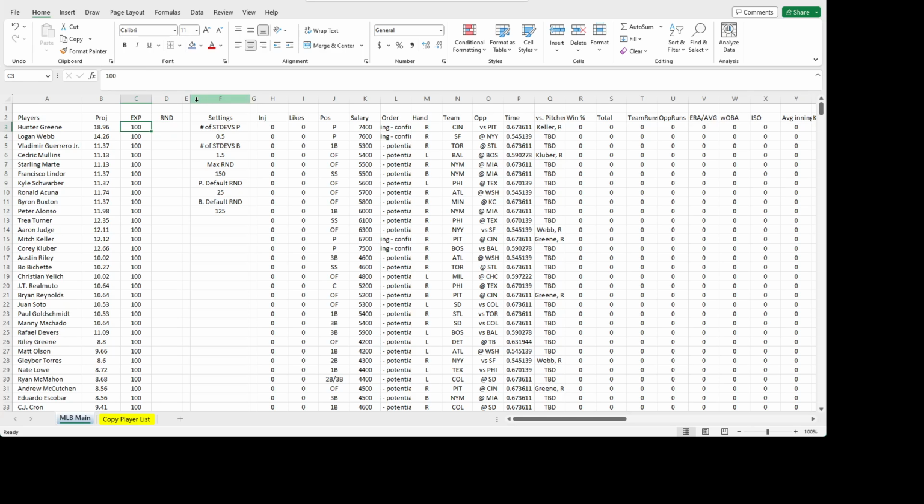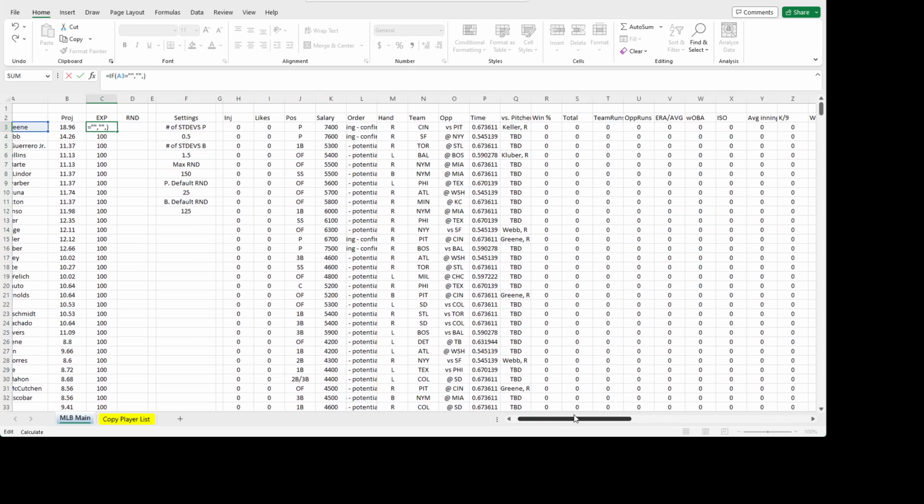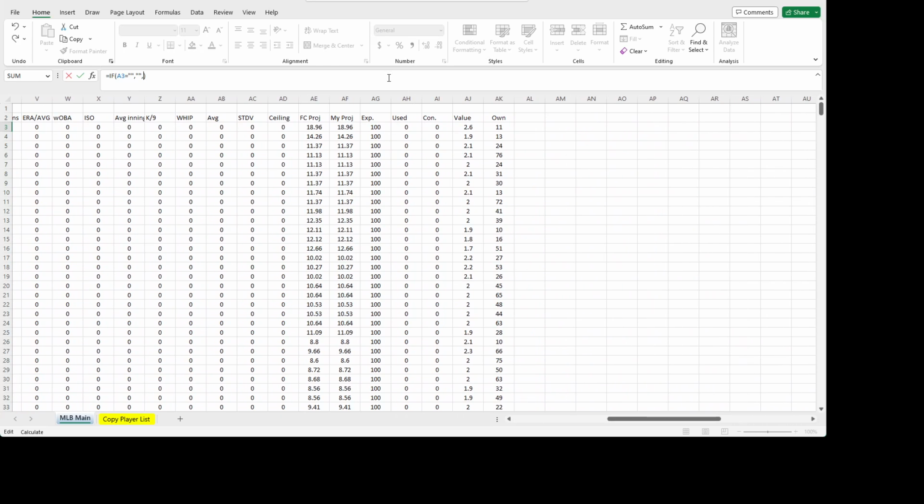But let's just say you're the kind of person that instead of setting exposure caps to 100%, you want to use some sort of formula. And by the way, we should have still done: if A3 equals blank, then blank, otherwise 100. And if you're the kind of person that instead of doing 100, you want to do some sort of a formula, let's say you want to do everybody at 30%. Let's say you want to do some sort of formula based on ownership. You can say